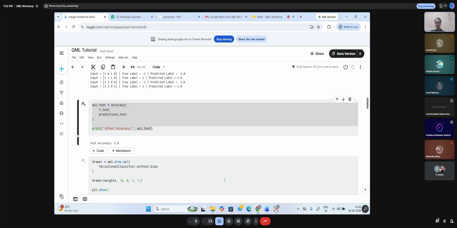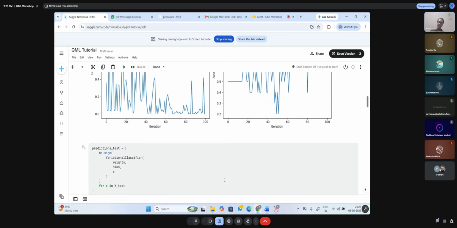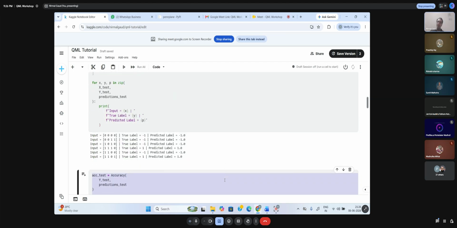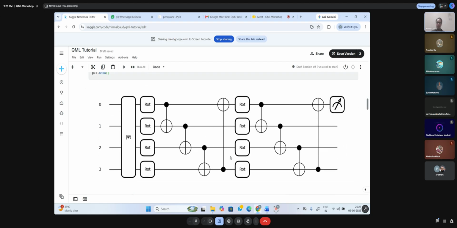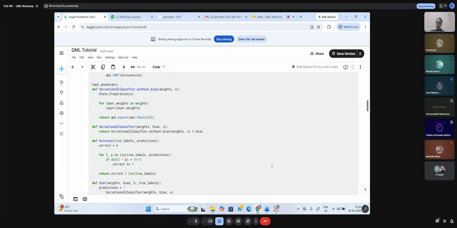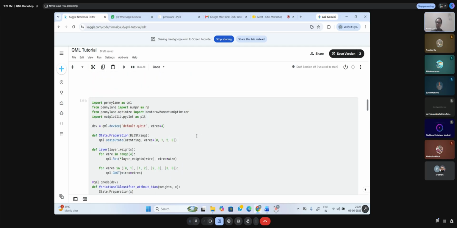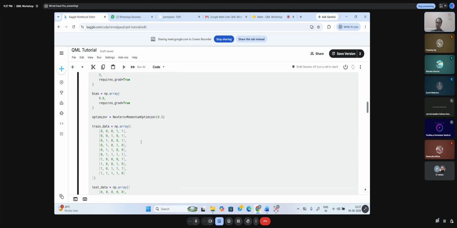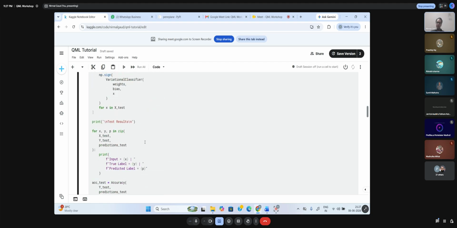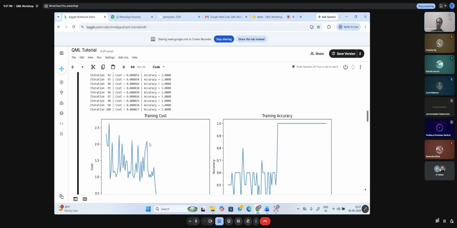Okay. Got it. I do have the entire explanation, though I have explained from here, but I will share the document or template from where you can again revise what I explained. Anyways, okay, got it. This is my architecture, a two-layer quantum circuit. This code I have created in one slot only. Previously I did it in different slots, and here I have done it in one slot. Still, you are going to get the same result, 100% accuracy.